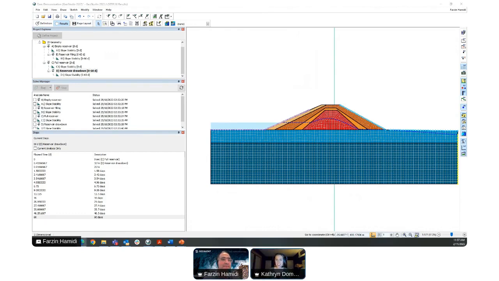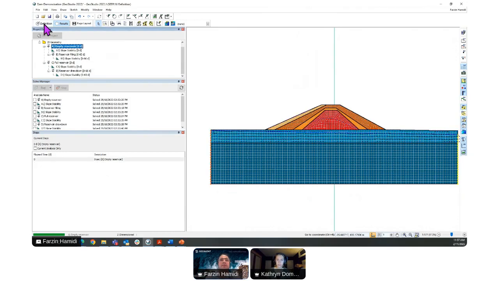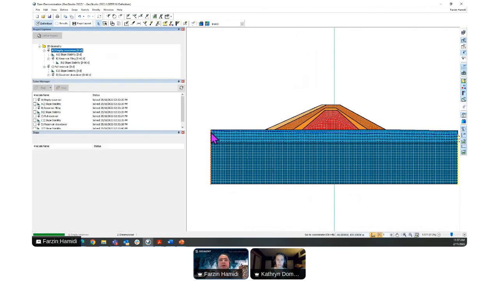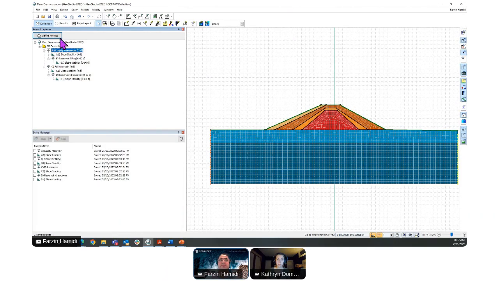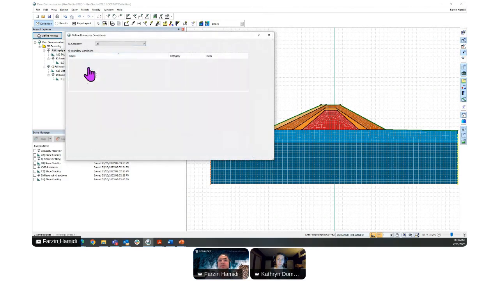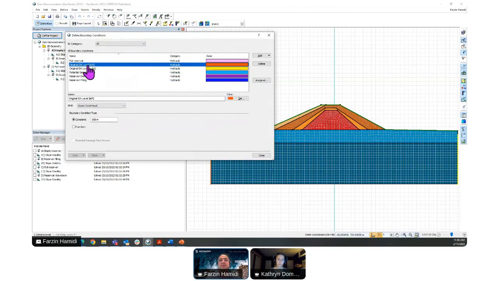Oh, really? Cool. Okay, so some of them are specific to this problem, the dam example. One is, what is the boundary condition defined for the sides of the foundation layer? All right. Good question. I can demonstrate that. We just allocate a total head boundary condition for the initial condition, which is the steady state analysis, and this total head boundary condition was this orange one, which is the original groundwater level on the left side, and we have an original groundwater, which is the total head.